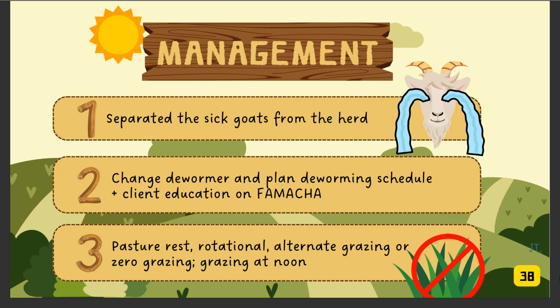For management, there are some points that should be suggested to the farmer. First, separate the sick goats from the herd to prevent spreading of the disease or infection. Second, for the anthelmintic plan, both the drug and the deworming method shouldn't be repeated many times. The plan should be switched once in a while to reduce the incidence of drug resistance. The goat should be weighed and given the exact dose. And also the deworming schedule should be planned. Deworm only when it's necessary,